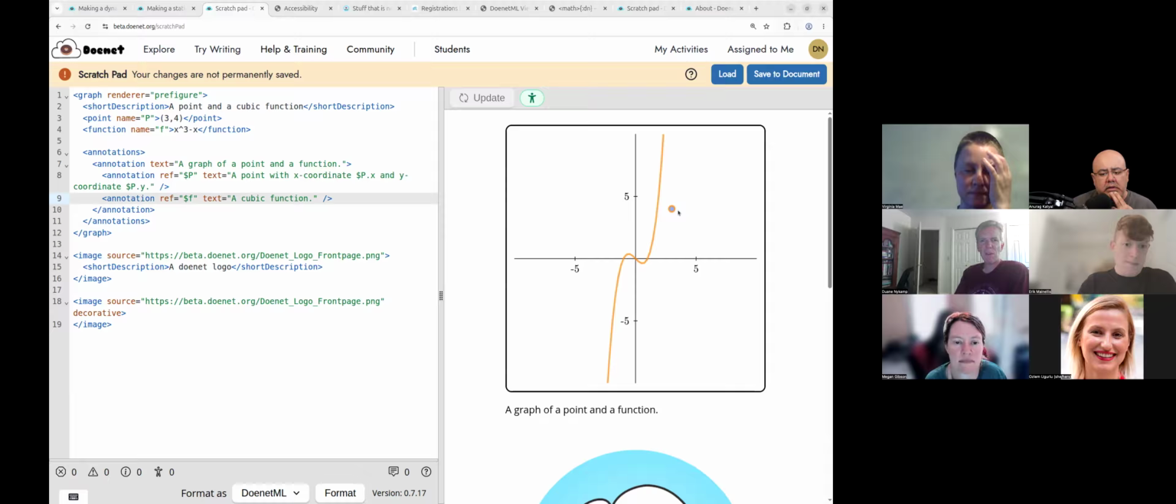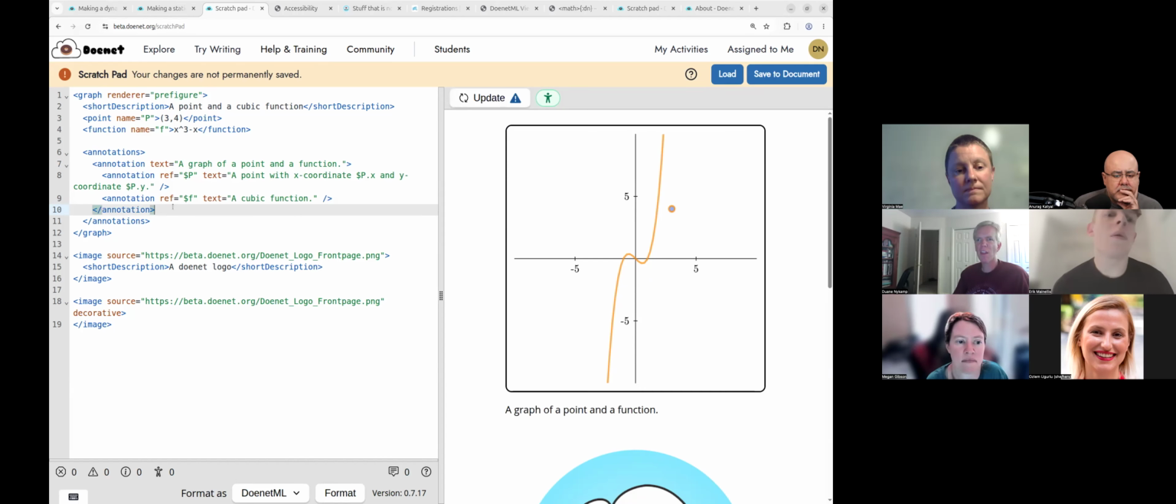Any questions about this? I see that the point and the cubic functions annotation are nested within the graph. That's right. So is the nesting essentially defining the levels? That's right. The way this program works, you have to start off with just one. So if I put another annotation here,